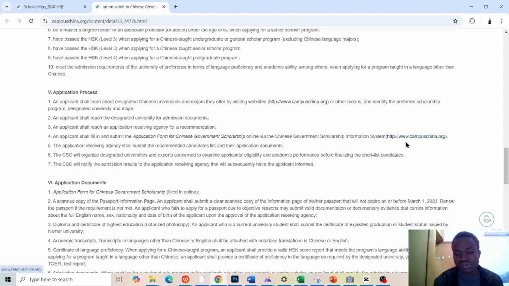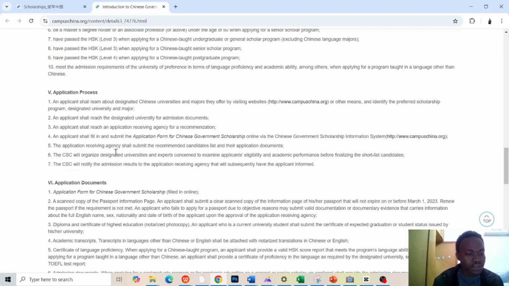So this is the website. You have to fill your information in the CSC portal first, and also you have to submit in the school. Most times if you submit on CSC, it normally sends your information to the schools, but most other schools require you to apply into their own portal.